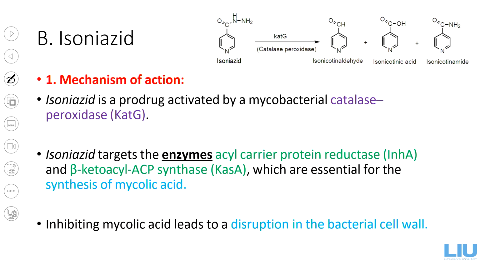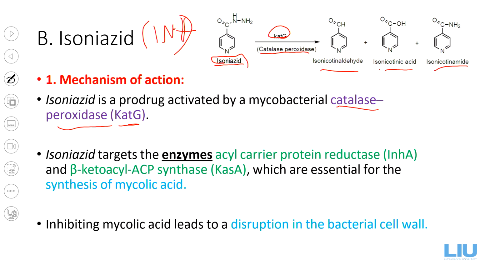Okay, so let's start with the first drug among the 4-drug regimen, isoniazid. It's also known, for short, as INH. First of all, the drug has to be activated. It's a prodrug, so in this form it's actually inactive. It has to be activated by an enzyme called catalase peroxidase, for short KatG. This enzyme is responsible for the activation of isoniazid into 3 different forms that attack